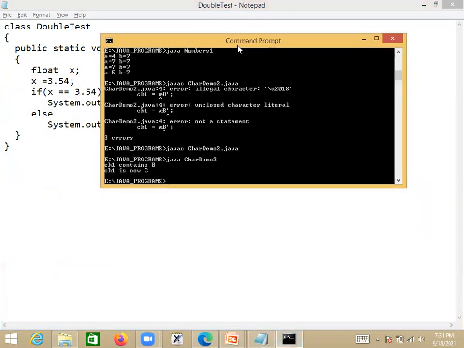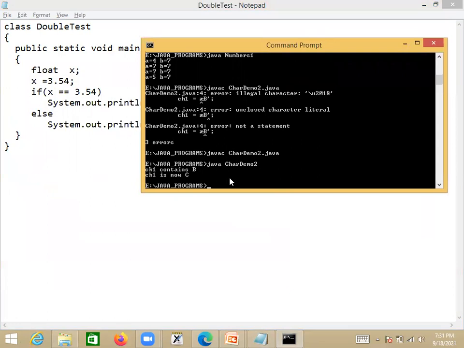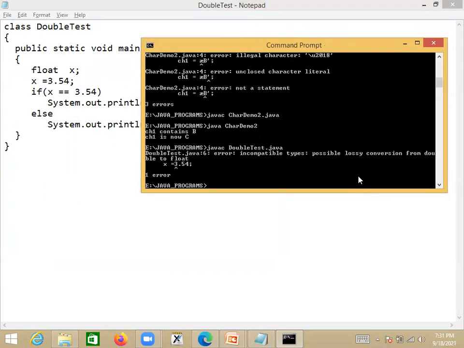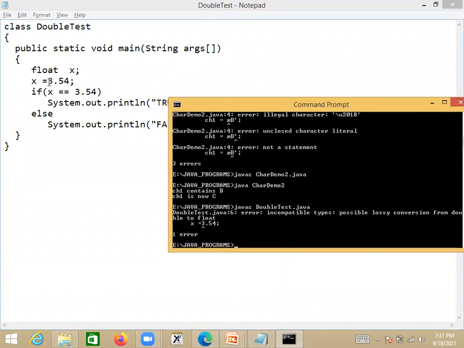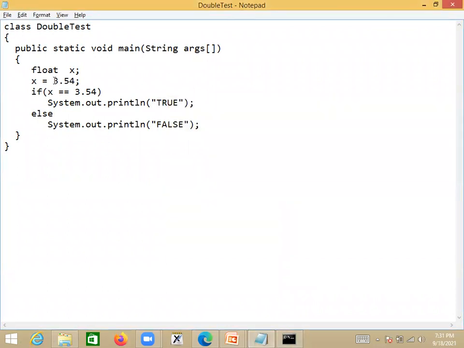Let us compile this code first, with javac DoubleTest.java. Now see: incompatible types, possible lossy conversion from double to float, it is saying. You declared a variable x and you are trying to store a floating point number, x is equal to 3.54.